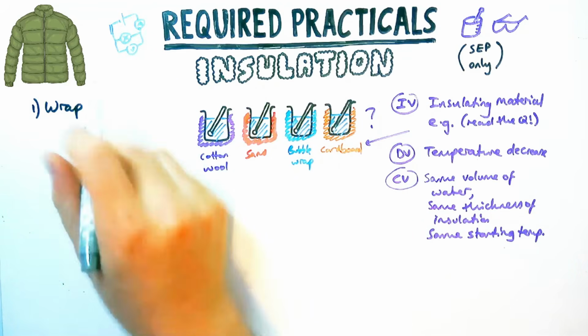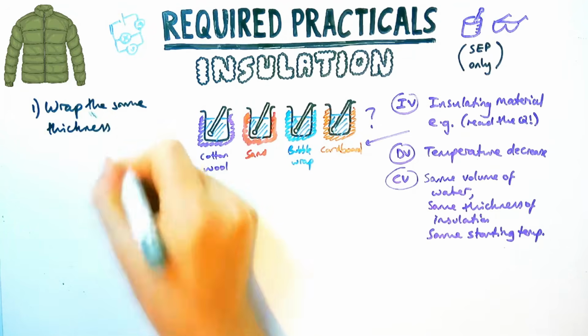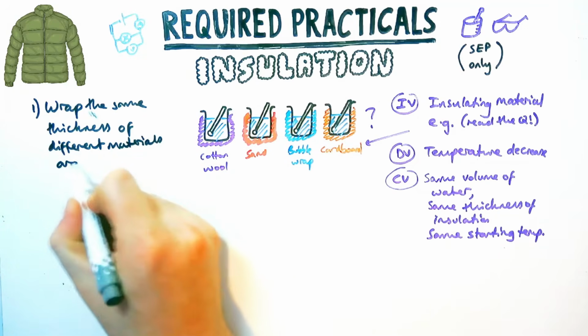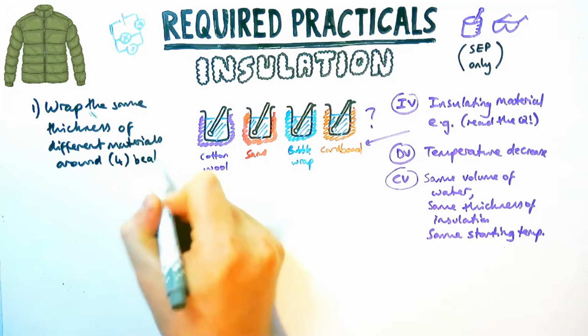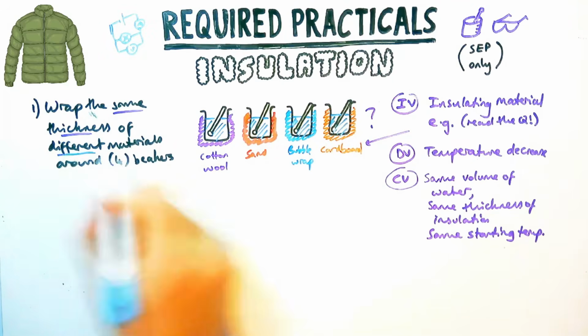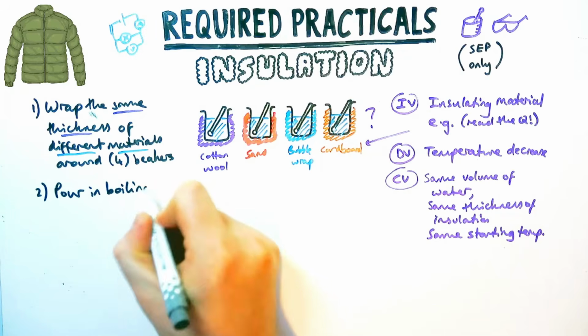So for the method itself, what we're going to do is wrap the same thickness of material or different materials around, let's say, 4 beakers. If there are 6 beakers in the question, then you talk about 6. If there are 8, you talk about 8. But it's a really good idea to get your control variables into your method so you don't forget to write them down later. Once you've got them all set up, and that's important to do that first,